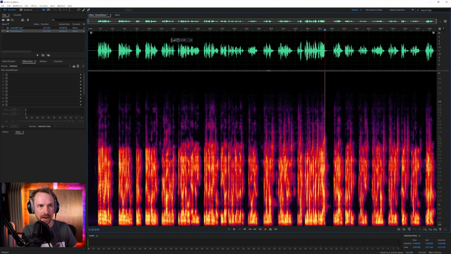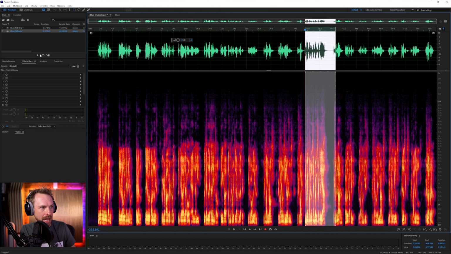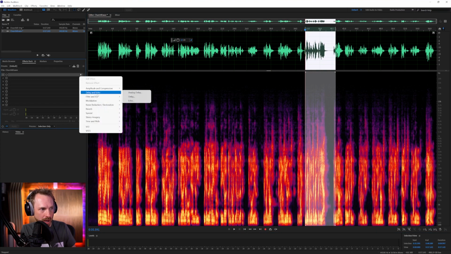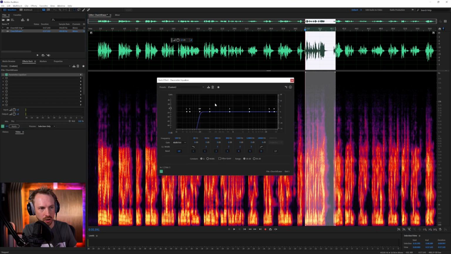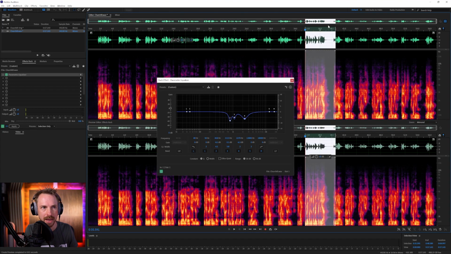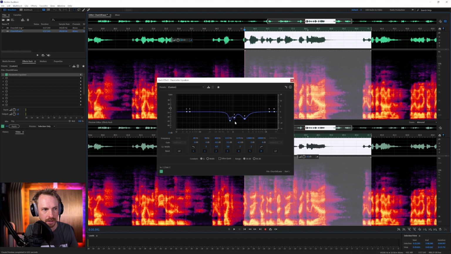So I'll bear that in mind now when I open this up and have a play. Let's put in here an effect, filter and EQ, and we'll go for parametric equalizer, and go to default here. So we've got the default flat line, and I'm going to pull down some of the frequencies around 800, around here, and around just below 3K. I'm also going to notch the Q width to make those frequencies I'm pulling out a little sharper. And we'll look at before and after so we can see the change it's making. You can already see that some of the undesirable frequencies are indeed being pulled out down here, which is kind of helpful.